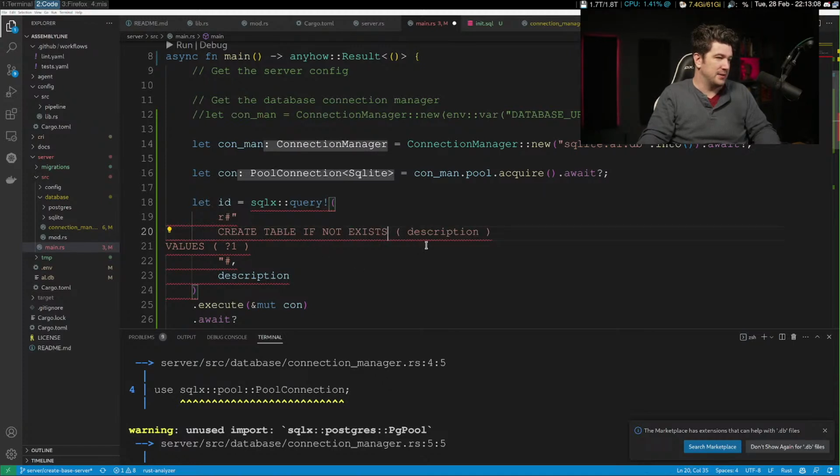Create table if not exists. What table? We have webhook stuff, and we're going to be storing assembly lines and repos. So maybe the repos. We'll call it repos for right now.